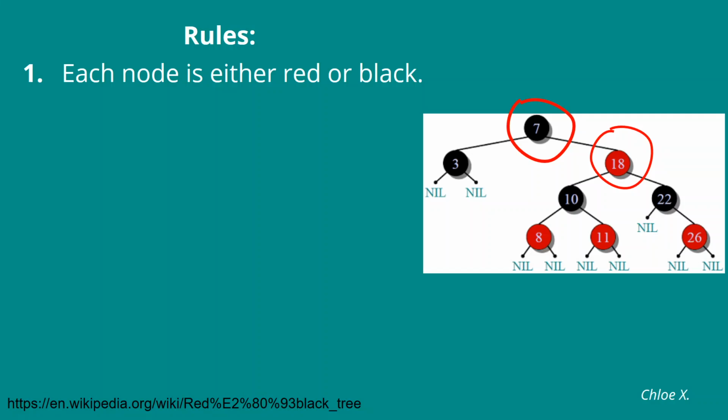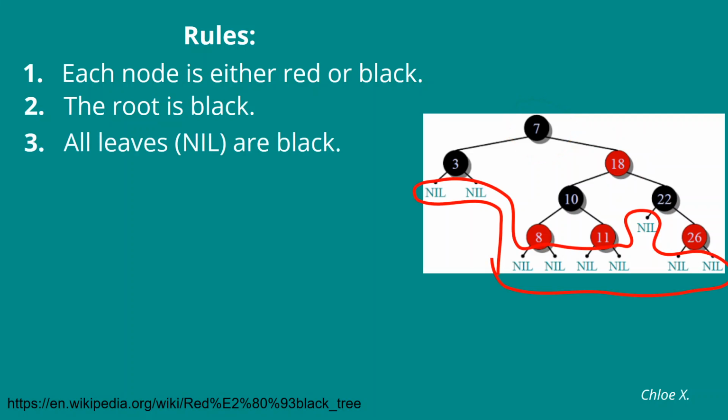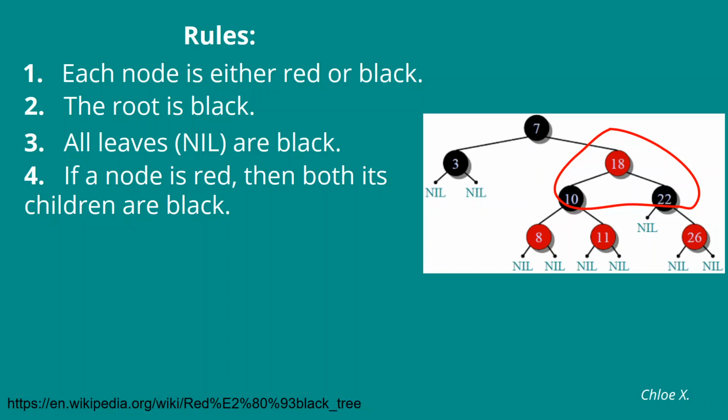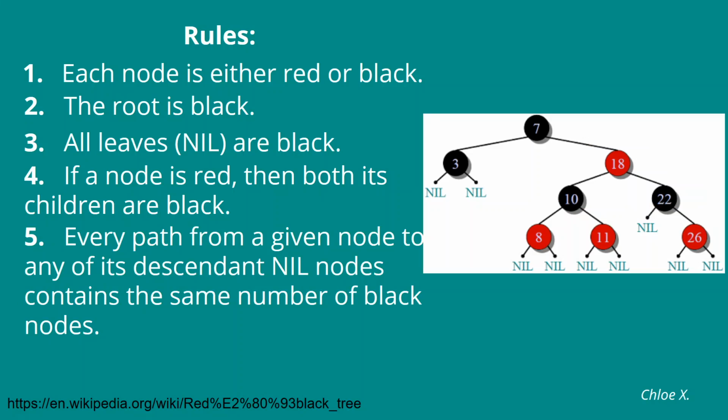1. Each node is either red or black. 2. The root is always black. 3. All null leaf nodes, known as nil nodes, are black. 4. If a node is red, then both its children are black. 5. Every path from a given node to any of its ascendant nil nodes contains the same number of black